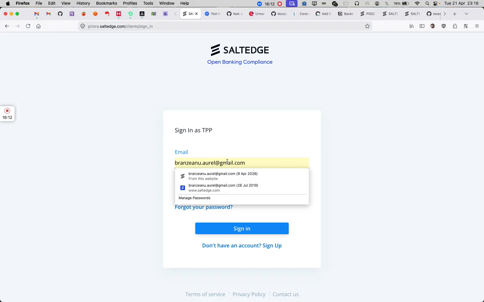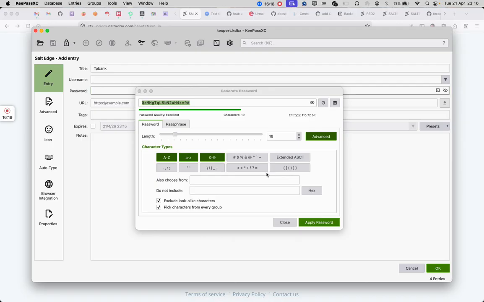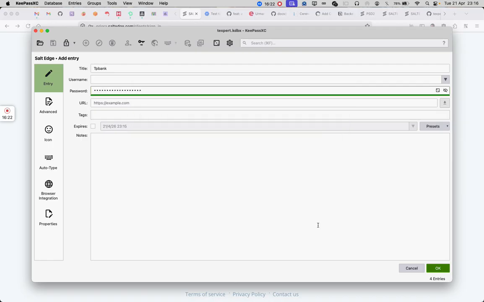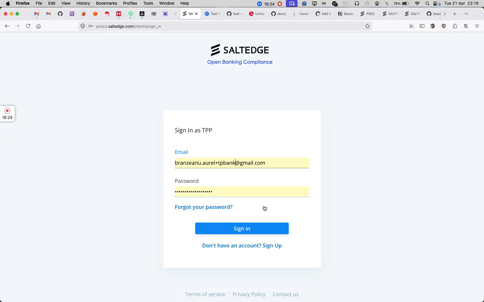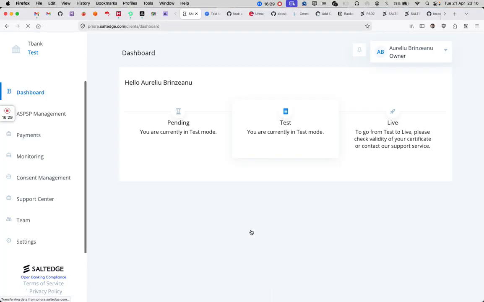Okay, and now let's try to login with this password. Here we are. We have successfully logged in,